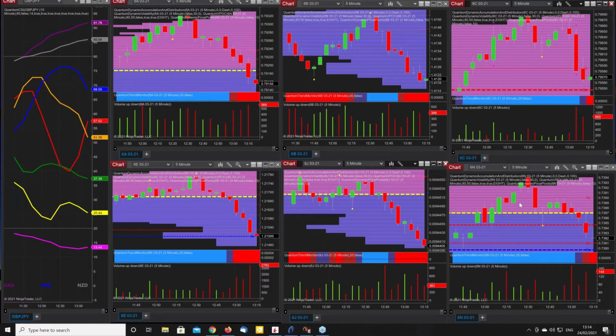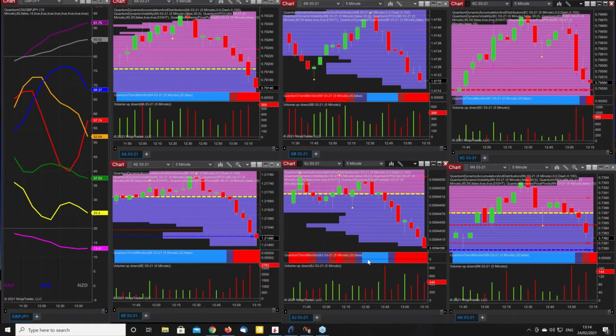I just wanted to start with currency futures. This is on NinjaTrader. I've also got them on TradeStation as well. This is the 6A, the 6B, which is cable. This is 6C, which is CAD dollar. This is euro dollar. This is yen dollar, and this is New Zealand dollar, because the dollar is always the